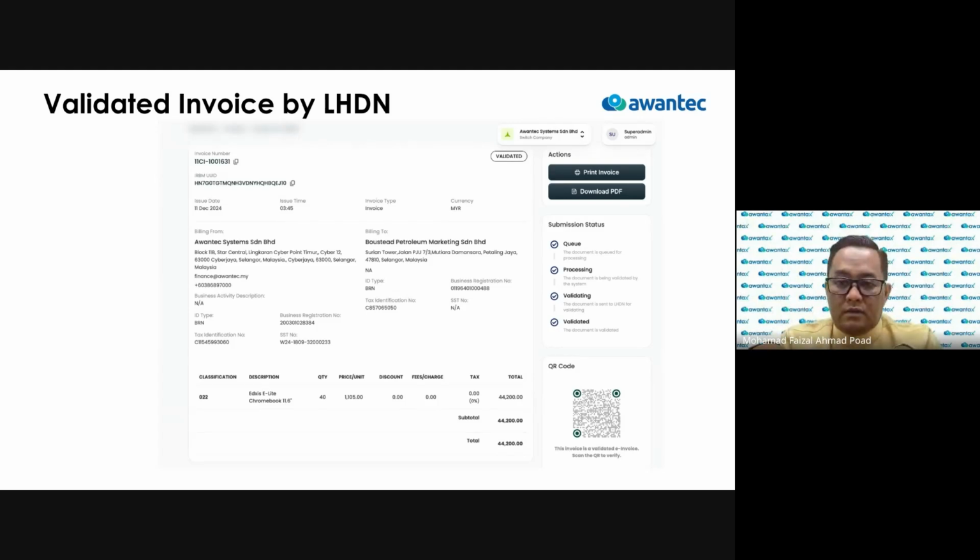So this is a sample invoice that we show, validated by LHDN. Our system already has the QR code, so you can see your IRB, UUID, and so on. All the information needed for your invoice is already there in the portal. If you want, you can always use ours to download this. This is one of the features not available in the MyTax, MyInvoice portal, so you can see your invoice in a more readable view.